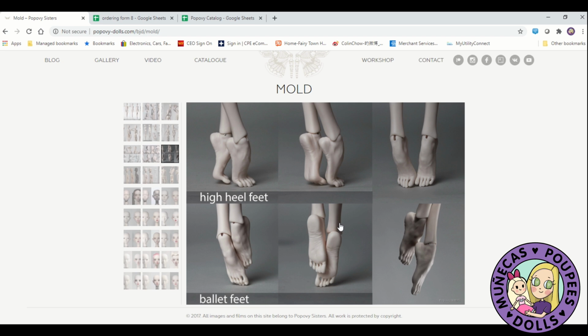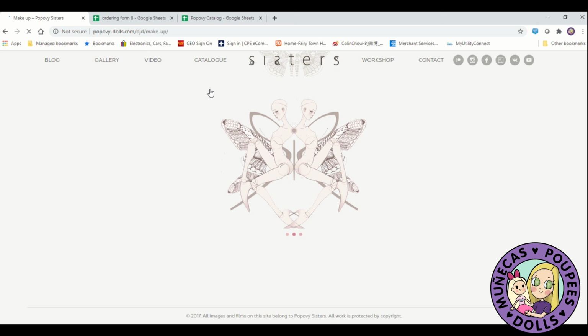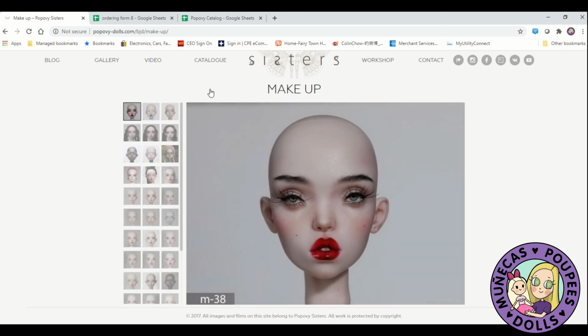They have to have either a stand or a chair, or they just have to be displayed seated. So that's that. Then they've also got makeup. So you can order a doll blank. If you order a doll blank, really you only need to consider the mold, the first part we talked about,